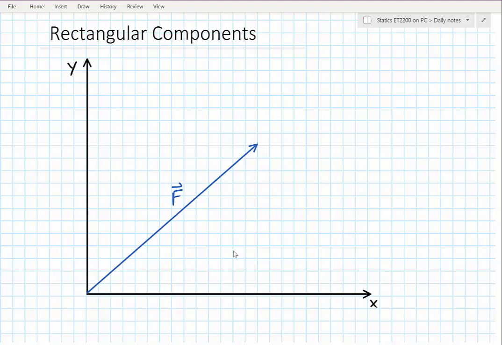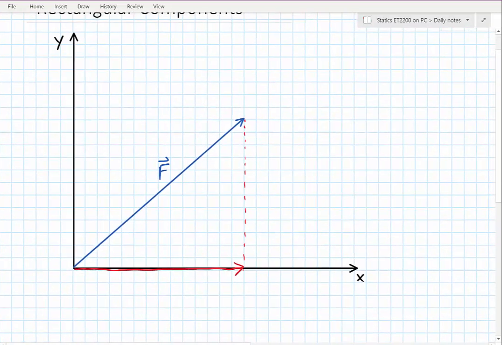Alright, hello everybody. In this segment we're going to be talking about rectangular components. In this case you can see I drew a vector represented by this F, and I'm on the XY coordinate system. The whole principle behind this is that if I were to look at a projection of this vector down onto the x-axis, what I could say is that I have a component of that vector, which we could call f sub x, and I can do the same thing with the y-axis, and that gives me a vector f